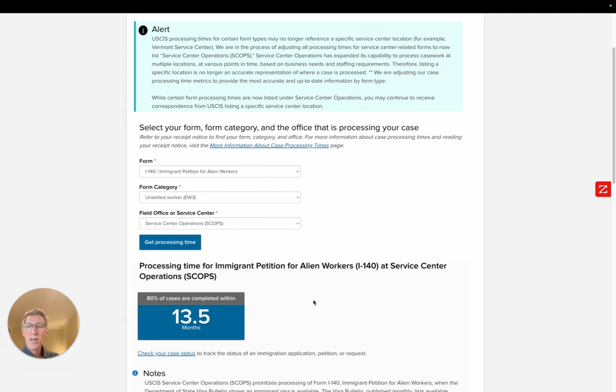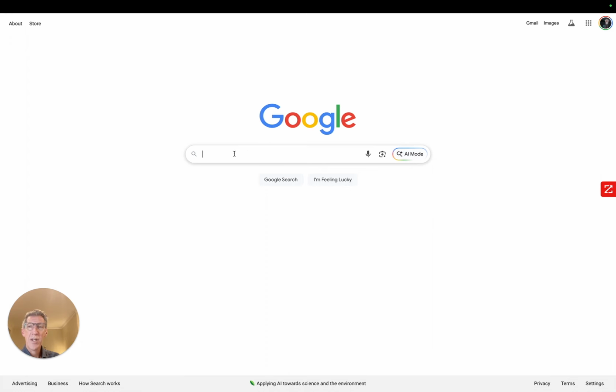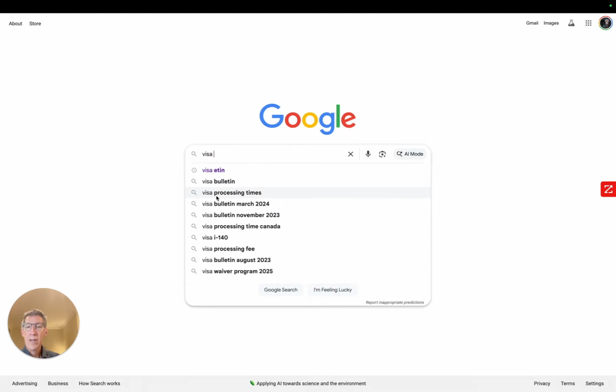There is a premium processing option that will issue the approval for the I-140 within 15 business days. And that is an extra fee of $2,805. But if there's retrogression in the Visa Bulletin, it really does not speed up the overall processing times. So speaking of the Visa Bulletin, let's go to step 3. We just covered the PERM processing time, which is step 1, the I-140 processing time, which is step 2. And once the I-140 is filed and approved, then we look at the Visa Bulletin to see when your priority